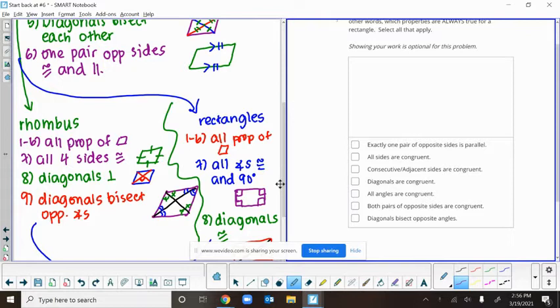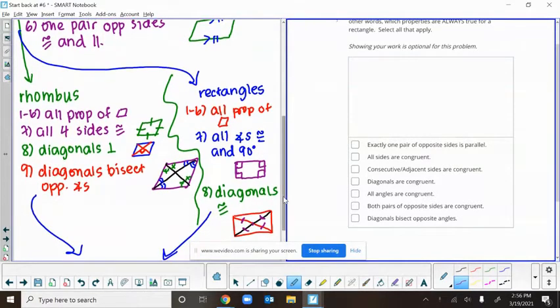Another one that makes it a little bit more special is that all angles are congruent and 90 degrees. And the last one is that diagonals are congruent. So let's start with just the ones that are down here by rectangles. We said diagonals are congruent. That's one of them. And we said all angles are congruent. So those are step number 7 and step number 8, two properties that are specific to a